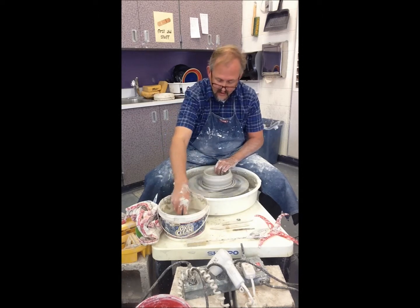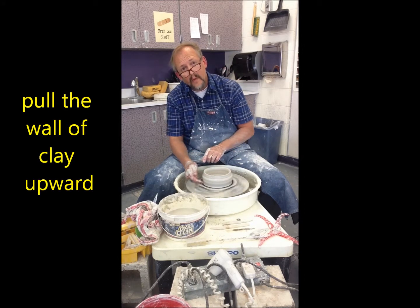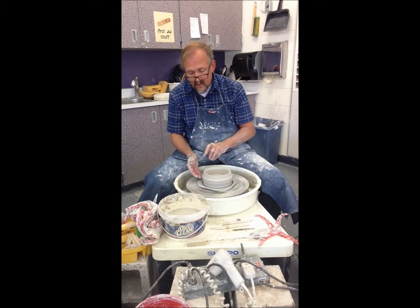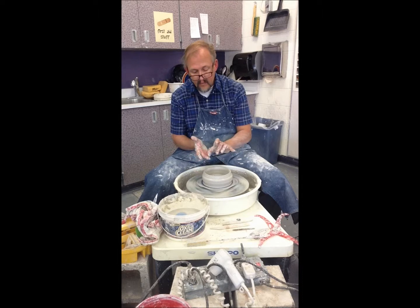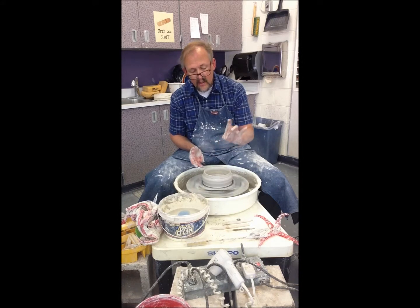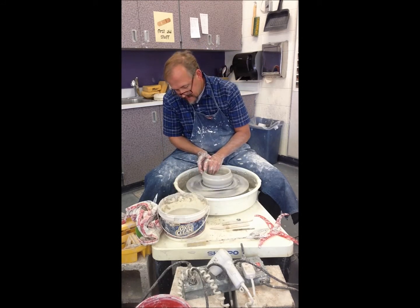Okay? Now, as I begin any pulling process, I like to make a little groove down here at the bottom with my right middle finger. And from that groove, the clay that's above my fingers is what I'm going to pull upwards. I again make a kind of a C with my left hand, forming it with my thumb and my middle finger. The thumb is going to rest in between my ring and middle finger of my right hand on the outside of the clay. The middle finger of my left hand is going to be on the inside of the clay. And as I gently pull upwards, slowly and evenly,